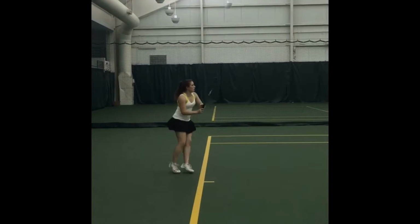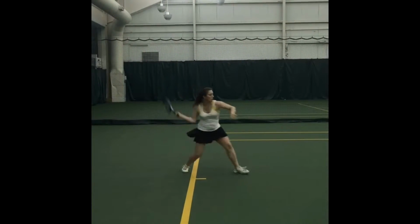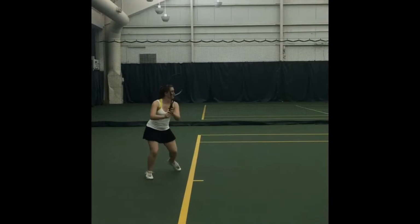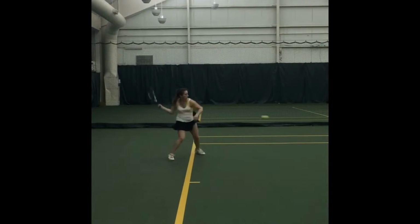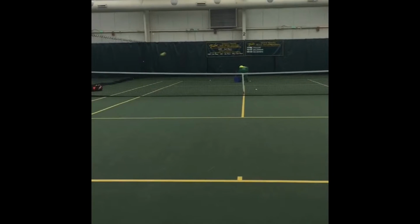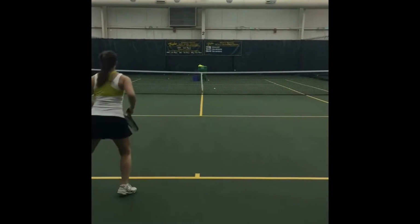Now, as you can obviously see, you need good hand-eye coordination to hit a good tennis forehand. But also, it's really hard to see when you're moving, so it's key that you try and look at the ball and see it make contact. That's what my coach used to tell me. He also used to tell me I can only see 1/3 of anything happening outside of my vision, and so that's why I always have to keep my eye on the ball, because if not, I will miss it, and